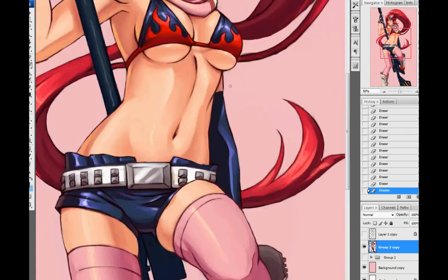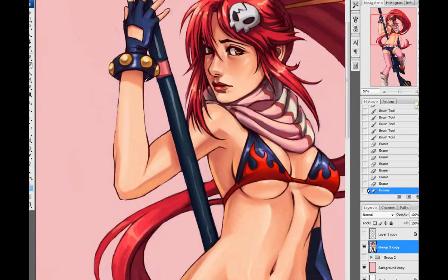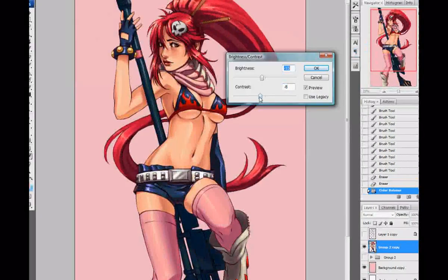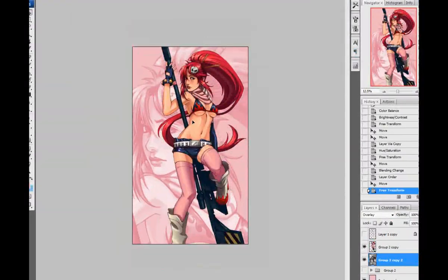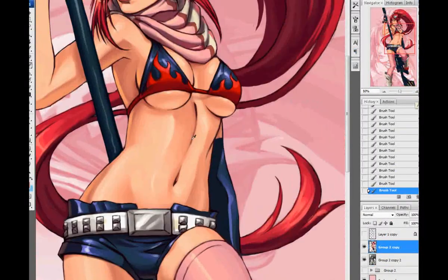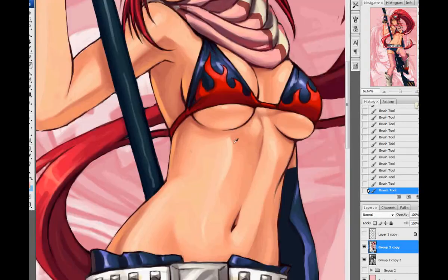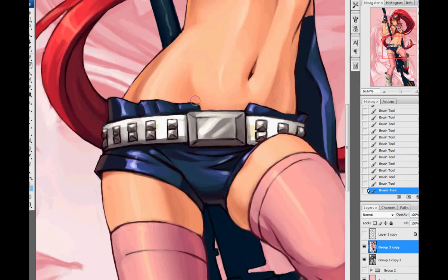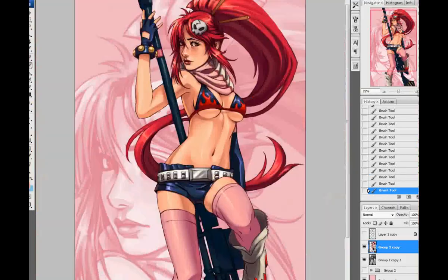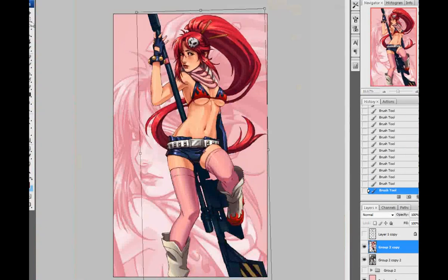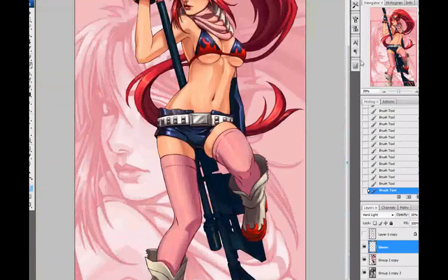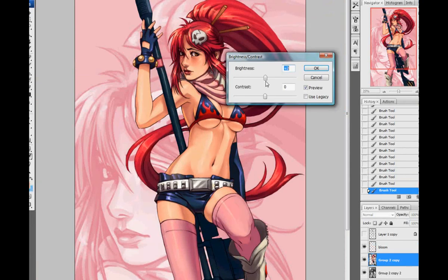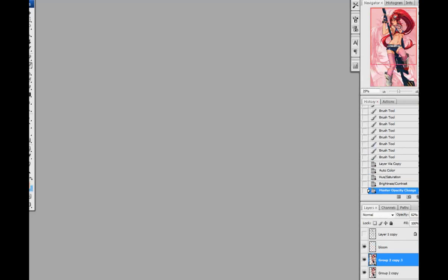But you can see there's a lot of lassoing. There's a lot of movement. Like, I moved her head around a lot. I reshaped it. Lots of little minor details that I wanted to fix. But ideally, I would like to not have to do that at all. Just bust out the lines, throw down the colors, and have everything looking like I want it to. But still, I was in the process of learning what style I wanted to do and how to get the details on the face looking the right way.